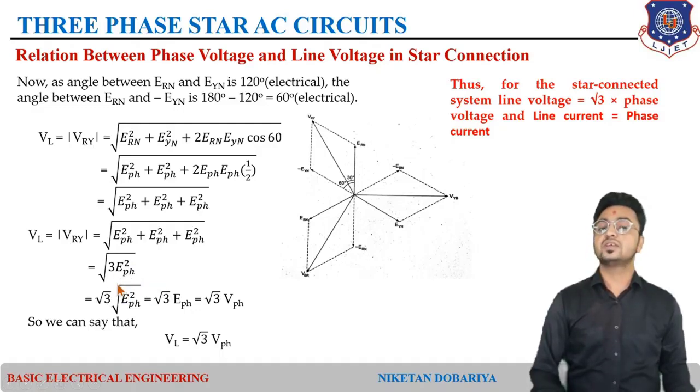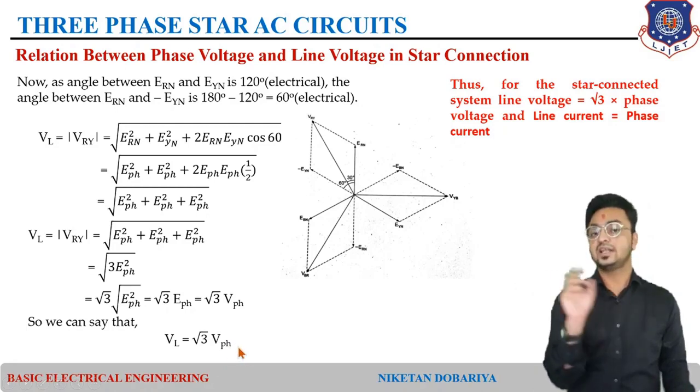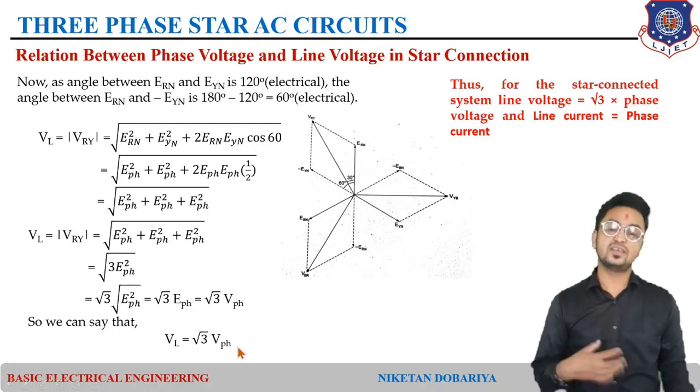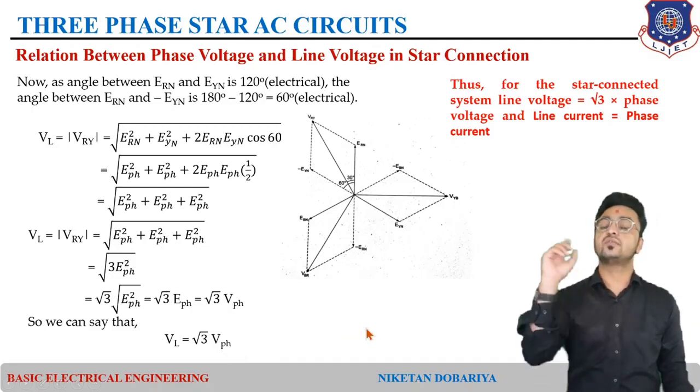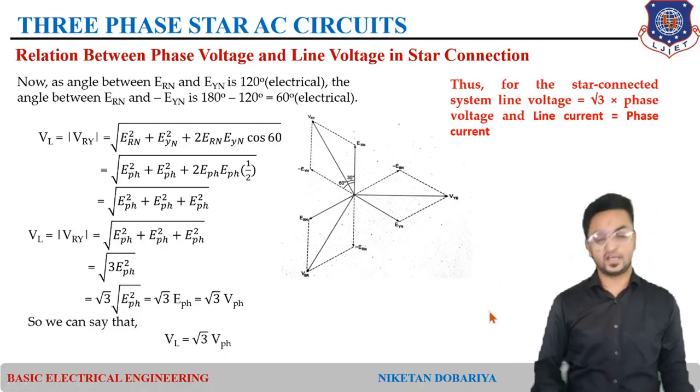And if we take this 3 out from here, this will give us E phase voltage, and here we will have root 3. We are getting the magnitude of line voltage VRY, that is root 3 times the phase voltage. So here we get the angle of line voltage and the relation between line voltage and phase voltage. Basically in this series we have derived the relation between phase current, phase voltage and line voltage.